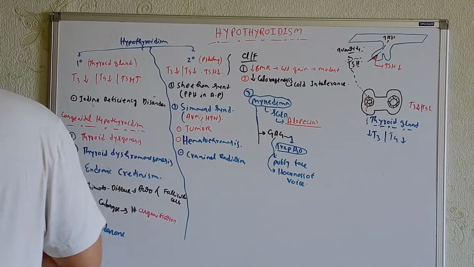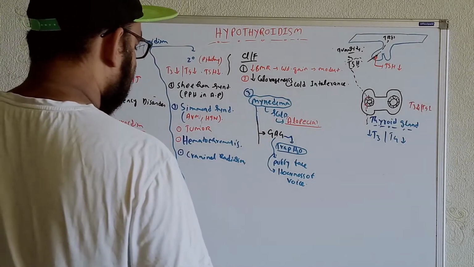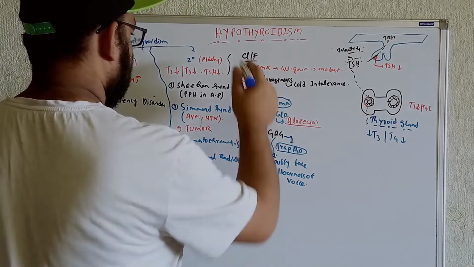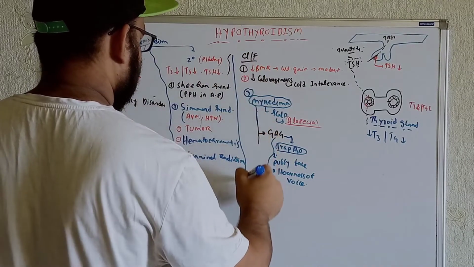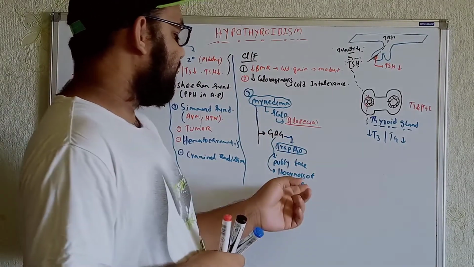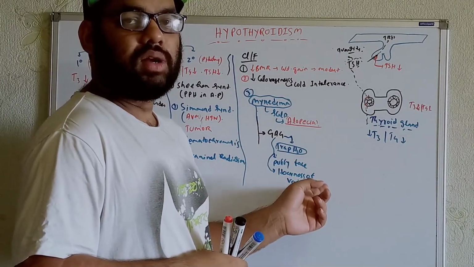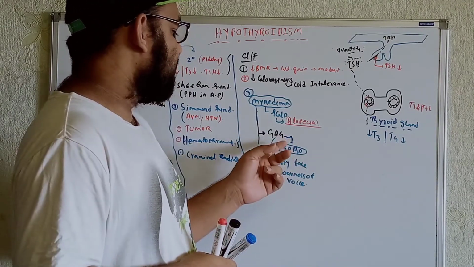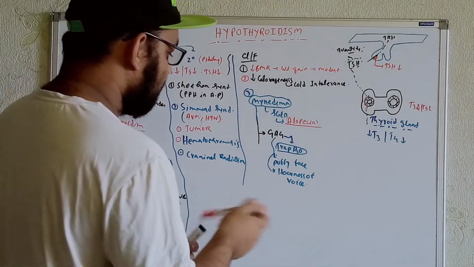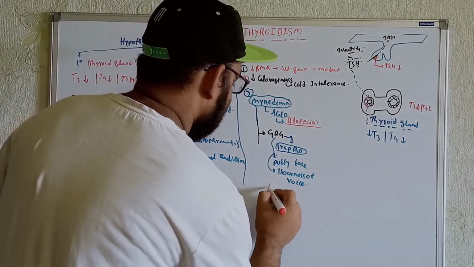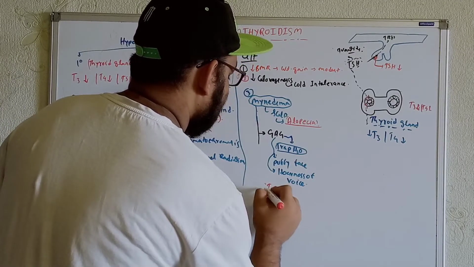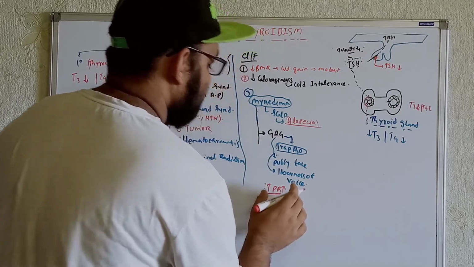Try to understand, this is one of the most important features we will get right now. Let's make a border over here. In these cases, as we said, whenever we get myxedema, there is a chance of an increase in total peripheral resistance. So this myxedema can increase the total peripheral resistance. Whenever the total peripheral resistance is increased, we will definitely get increased blood pressure.